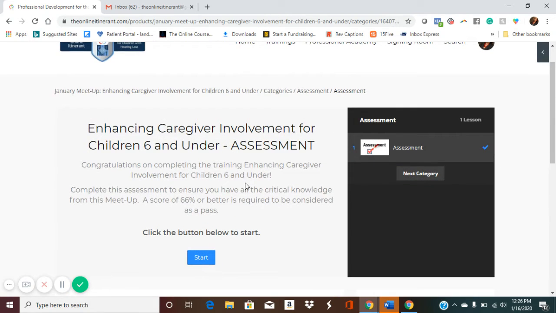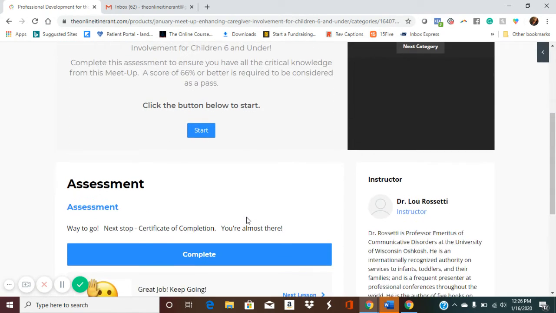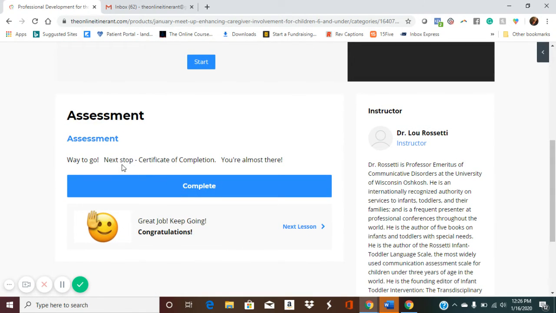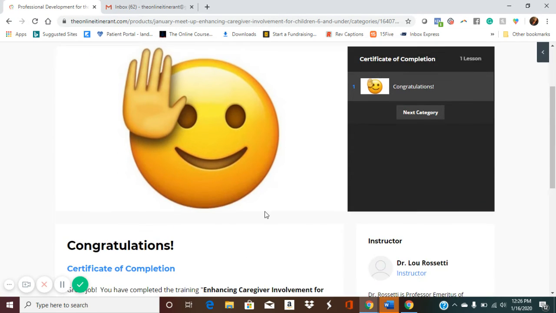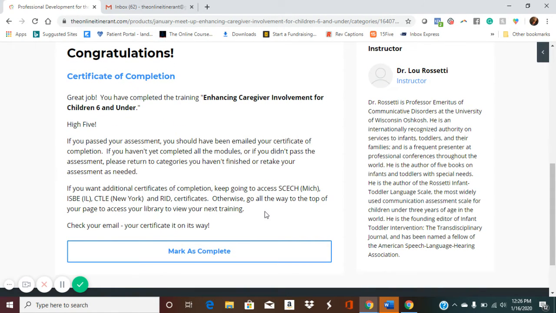So I'm not going to go through the assessment. I've already done it, but I'm going to show you what it looks like when you're done. When you're finished, it says, way to go, next stop, certificate of completion, you're almost there. So you want to make sure that you have marked it as complete, and then you move on to the next lesson. And then this is where it explains to you that indeed you should have your certificate of training